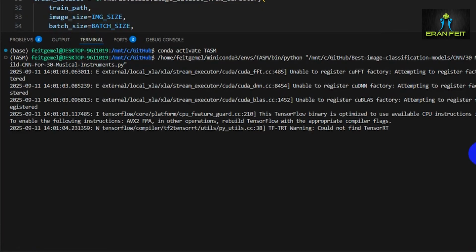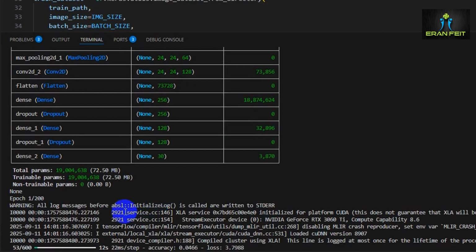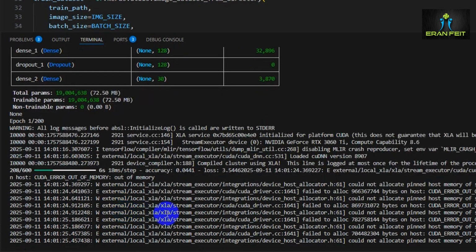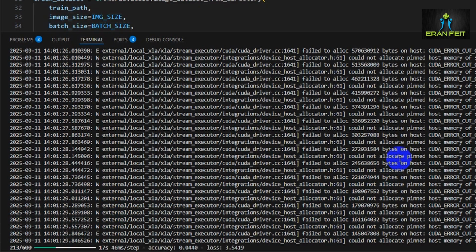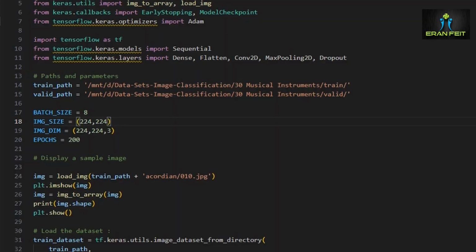So first of all, we're reducing the batch size. Let's run it and see the result. So it starts training, and still we have an out of memory error. Let's stop it, and let's reduce it to